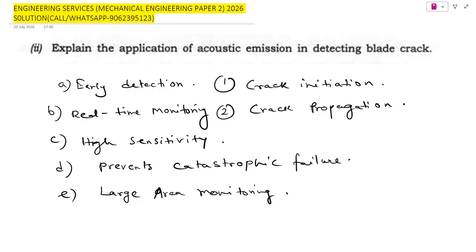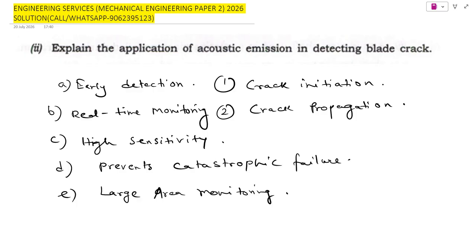Okay. Now, what are the limitations? Every engineering method has limitations. So the limitations are like external machine noise can interfere, skilled interpretation of signals is required, it is difficult to detect completely inactive defects, and the equipment is comparatively expensive. Okay. Now,